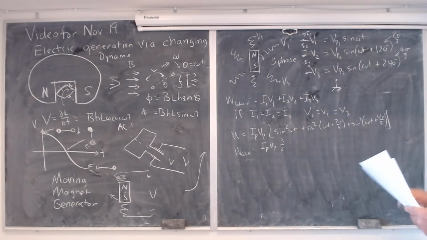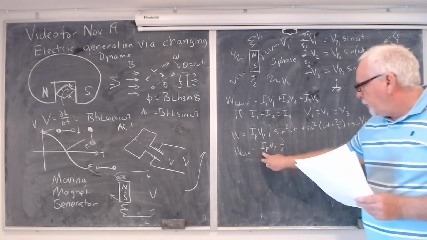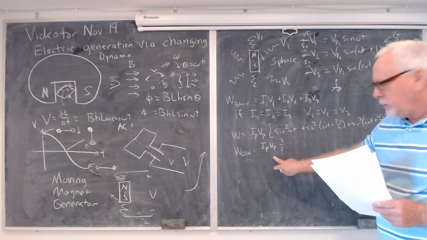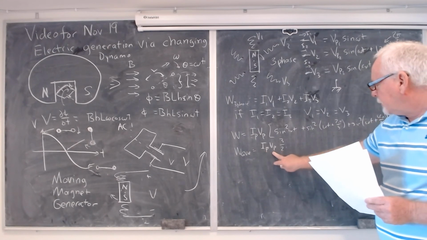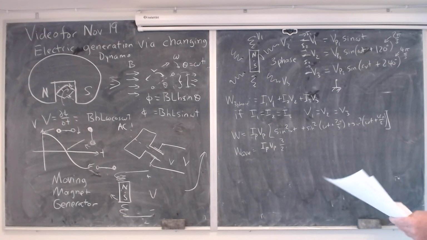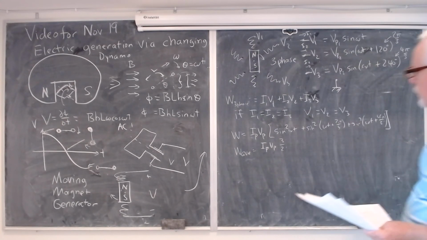Now, remember, this is the peak. This is not the RMS yet. We haven't got there yet. This is the peak current, and this is the peak voltage. We'd like to write it in terms of RMS voltages. Now, what I'm going to show here is that